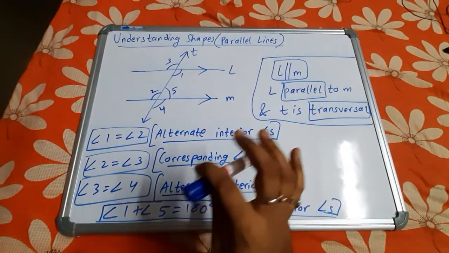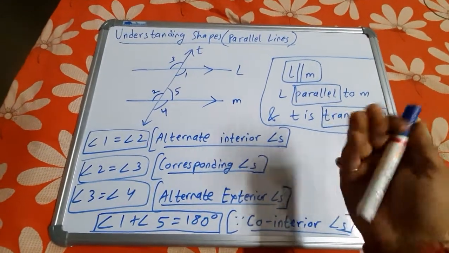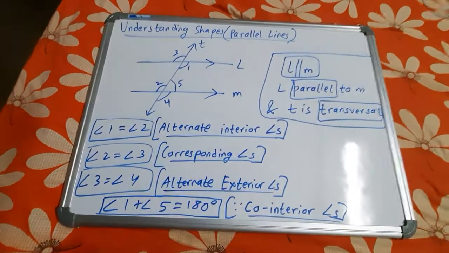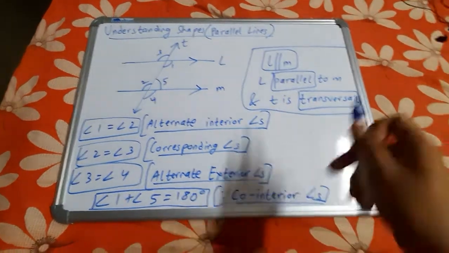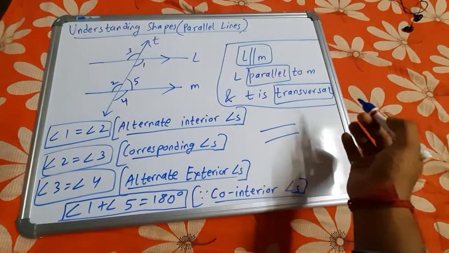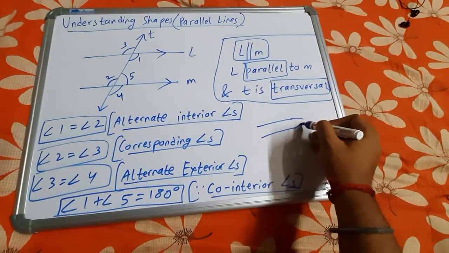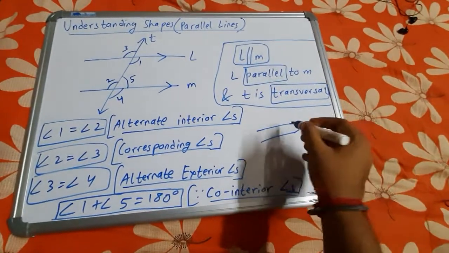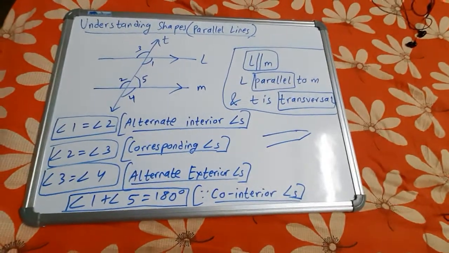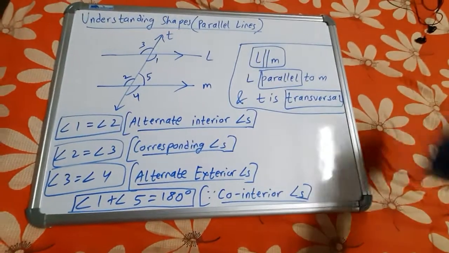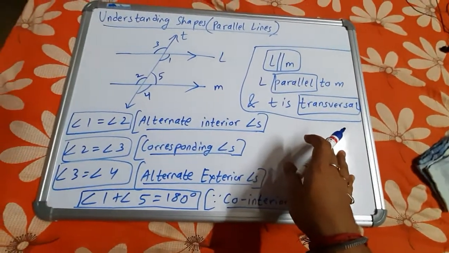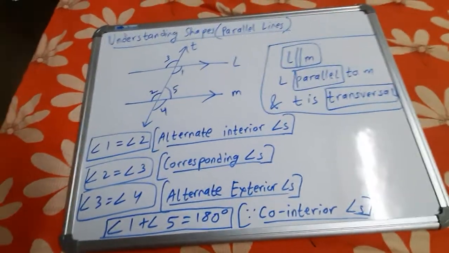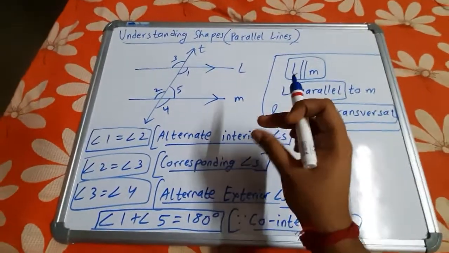The very common definition of parallel lines is two lines that don't meet each other. Okay, like you have all seen train lines, rail lines. Do rail lines meet each other like that? No, they never meet each other, because if they had met, the train would have crashed, derailed, and caused an accident. This doesn't happen anywhere in this world. You cannot find two rail lines just coinciding with each other.